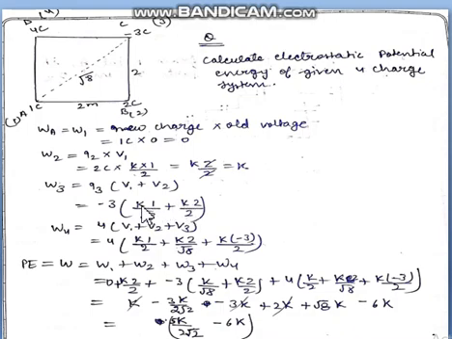Voltage due to 1 coulomb will be K 1 coulomb upon distance. Now the distance between the new charge and the old charge is √8, so we will substitute √8. This is obtained by the Pythagoras theorem. Then the voltage due to the 2 coulomb charge is K 2 coulomb upon distance. Now the distance you can see is 2. So the new charge which is brought is outside, and the old voltages are due to the old charges already present.